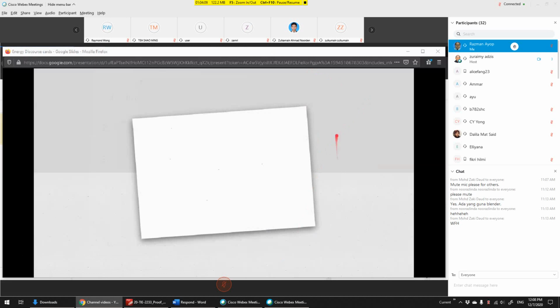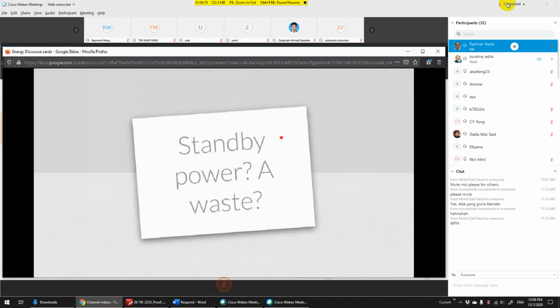Okay, if you have any questions, while we are thinking about questions, let me share with you another topic. Do you know about the standby power? Your Wi-Fi router, your